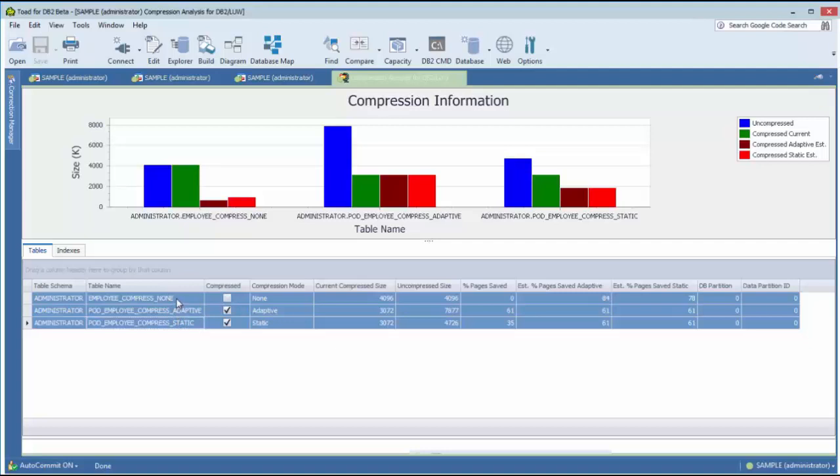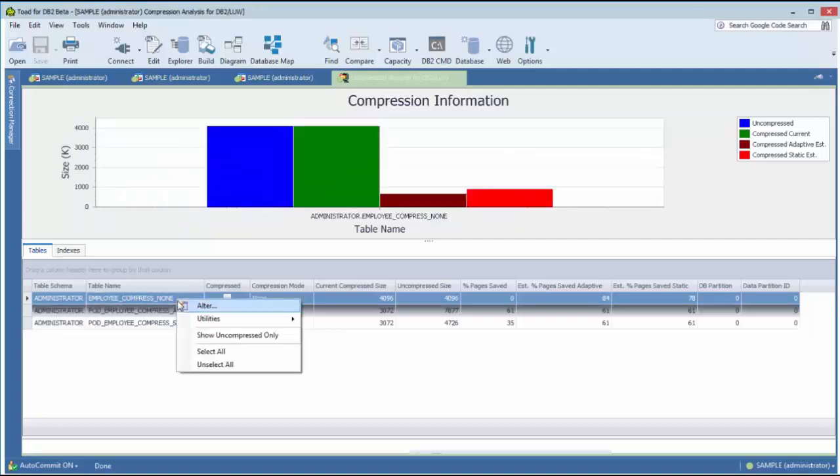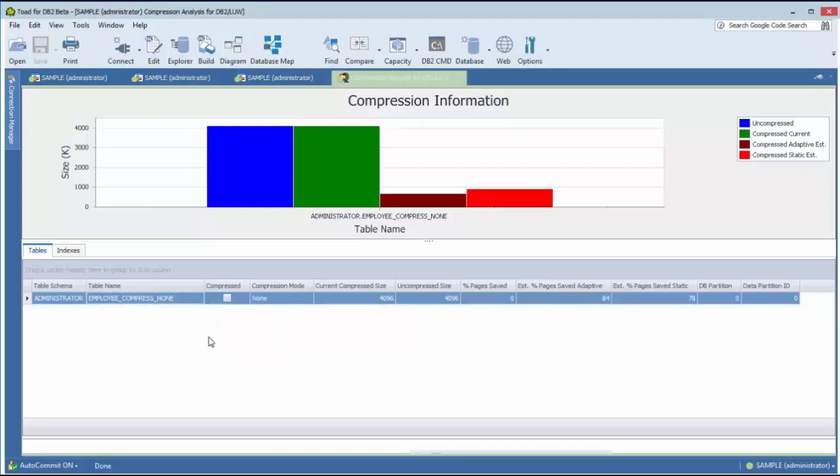If you want to alter these tables, you could just basically do that via right-click, or if you wanted to perform some utilities, very easily to invoke the utilities menus with these objects. If you only wanted to show uncompressed objects, you could select that right there. So Toad gives you a very visual representation of the savings you could gain, or you are already gaining, by